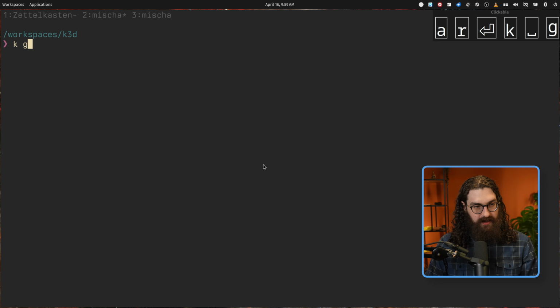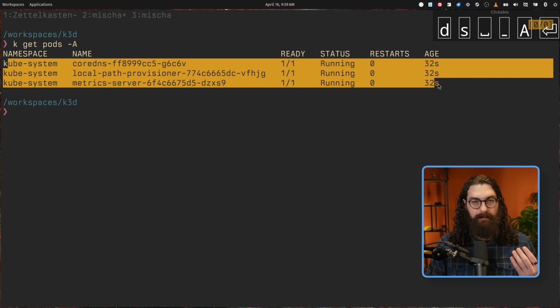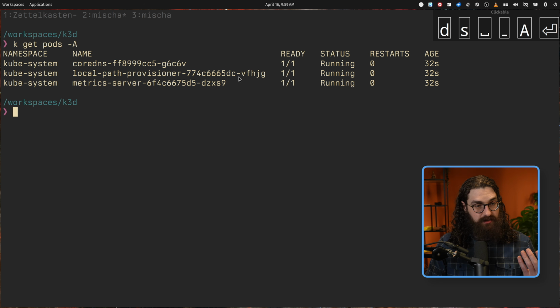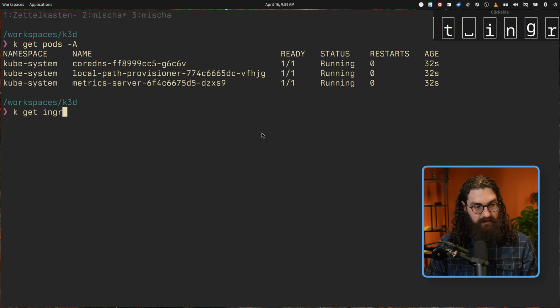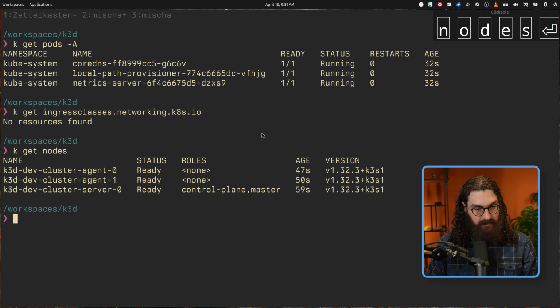So if I do k get pods -A again, now I see that there are much fewer pods deployed, and you'll see that there is no mention of the ingress, the traffic ingress controller. So if I do k get ingressclasses here, we see there are no ingress classes defined, so I have no ingress controller. If I do k get nodes, we see that we have one control plane and two agents just like